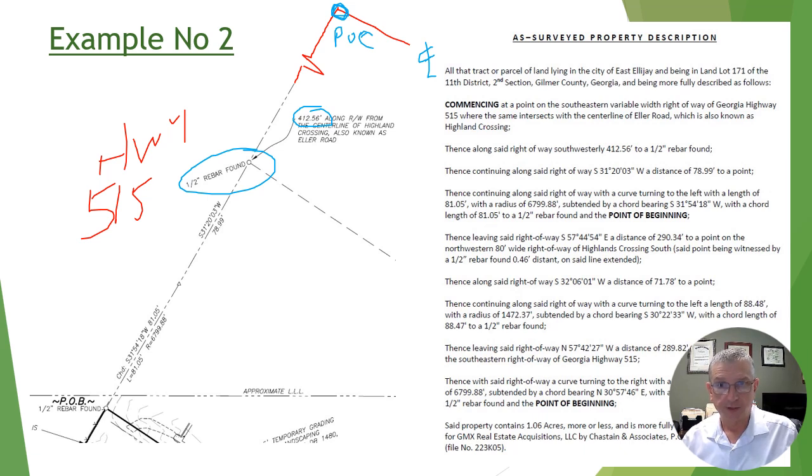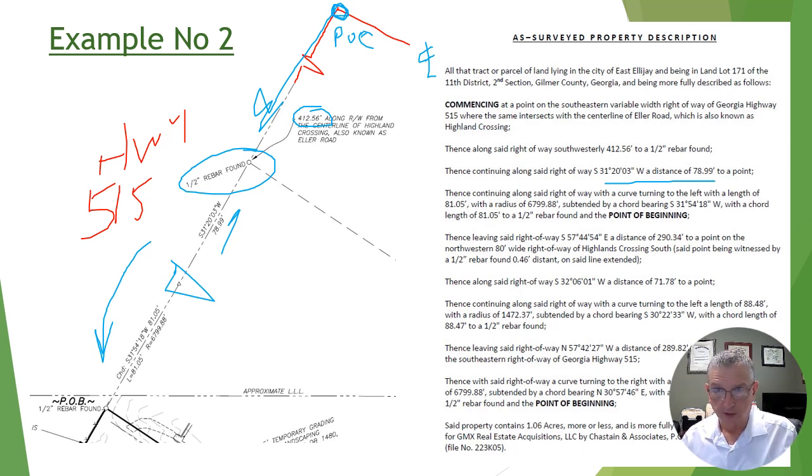Fence continuing along said right-of-way, south 31 20 03 west, a distance of 78.99 feet. That's this call to a point. It's where the right-of-way makes a bend. It's actually the PC of a curve. There's nothing there. Fence continuing along said right-of-way with a curve turning to the left. Now it's very hard to tell on here, but it's curved. The highway is curving in this direction. So it's a curve to the left because you started up here at the point of commencement. You're coming this way, so you're looking this way. So it curves to the left